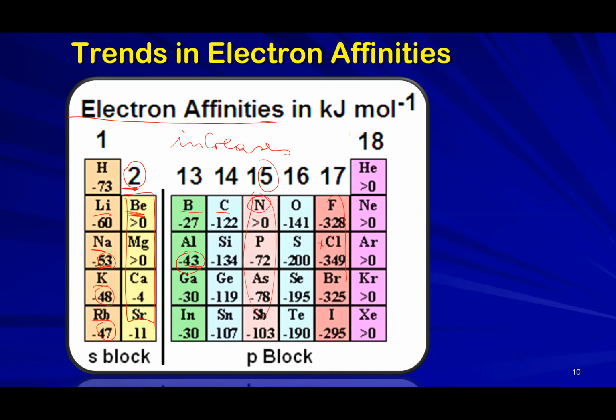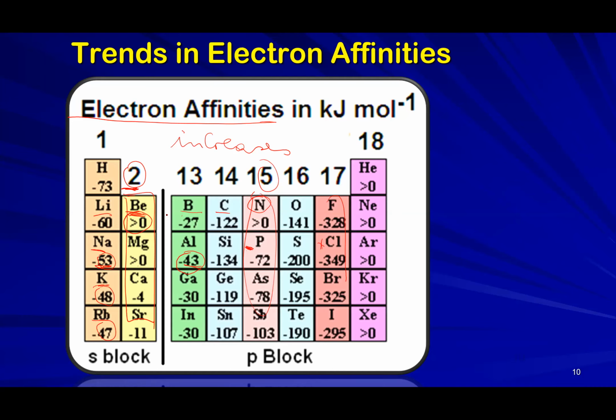So because of this, you have to force. And when you force, you have to supply energy. So that is the reason why the values may be less negative than what could be expected. Why? Because we are forcing. Or sometimes it will even be positive to show that we are adding energy so that we can add that